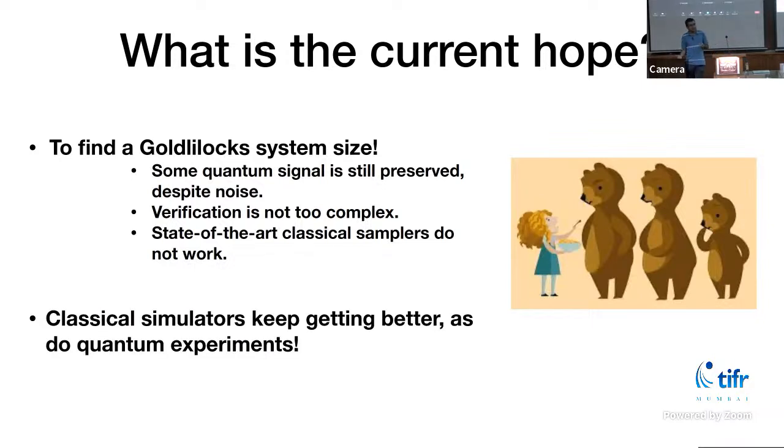And the worry here, and the good part as well, is that classical simulators, classical samplers, keep getting better and better. And these keep getting very non-trivial, but so do the quantum demonstrations. So for instance, Google came up with their thing in 2019. Then there was a huge number of classical simulators that claimed to be spoofing what Google did. But then recently in 2023, Google ramped up the system size to 70. And yeah, so there's a fight, a tussle between quantum and classical. Not clear who's victorious.